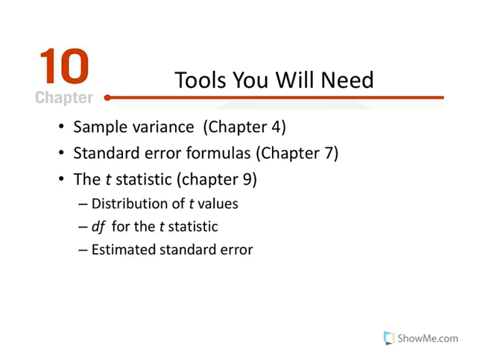The tools that you will need to be successful with this chapter. First, we'll need to review sample variance. Again, as we know, sample variance is equal to the sum of squared deviations over degrees of freedom. Standard error formulas from Chapter 7. So we know that the standard error is equal to the standard deviation of the population over the square root of